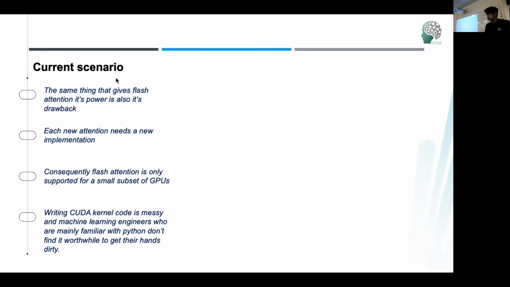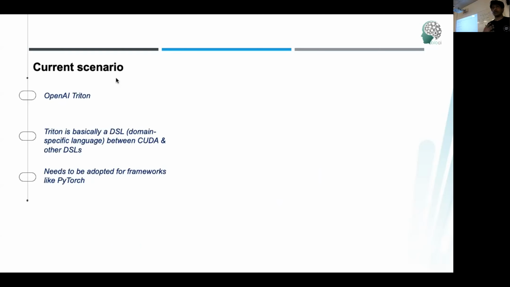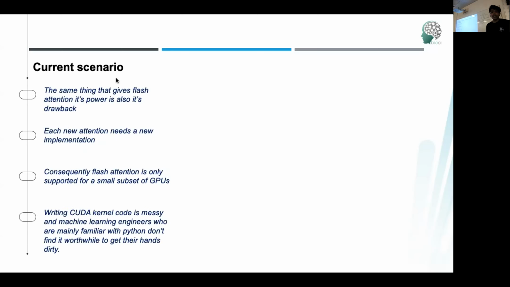But there are some issues with flash attention at the moment, in the sense that each attention mechanism needs the code to be rewritten. And this is basic CUDA code that we're talking about, not Python-based code. It is not something that machine learning engineers are generally accustomed to. That is one of the reasons why people don't really use flash attention at the moment. And